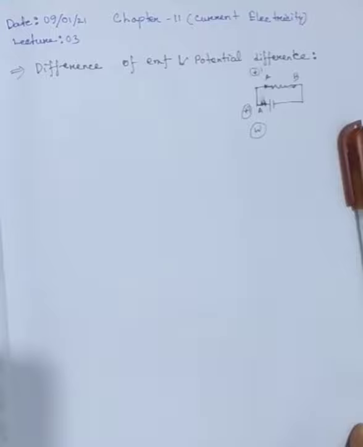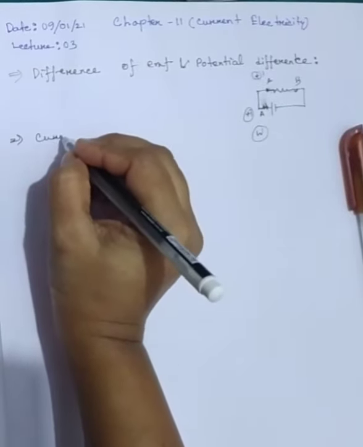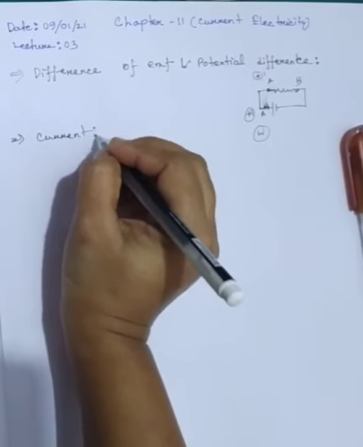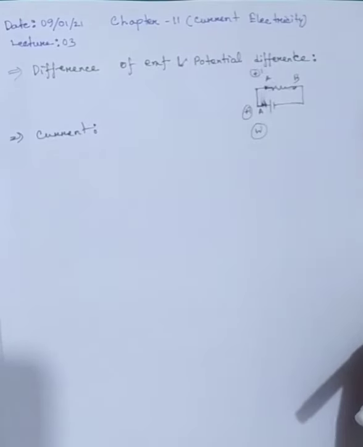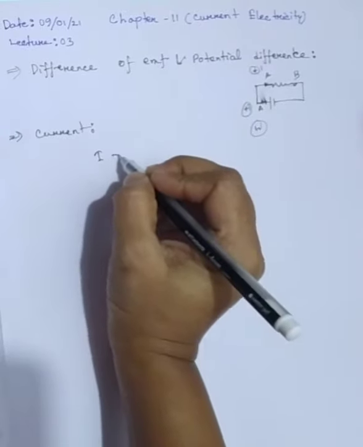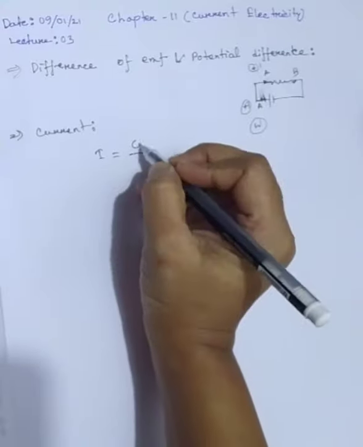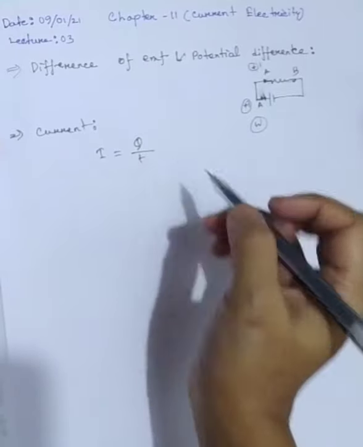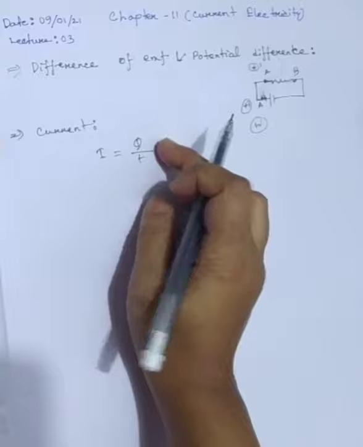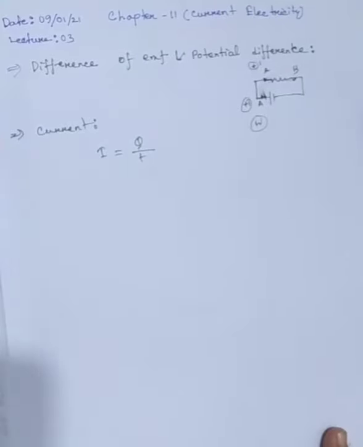লাস্ট ক্লাসে আমি আবার তোমাদের কারেন্ট সম্পর্কে আইডিয়া দিয়েছিলাম। What is electric current? The flow or movement of charges per unit time. That means if we want to write it as an equation, I equals Q by T. প্রতি একক সময়, in terms of per unit time, what amount of charges are moving through a conductor,